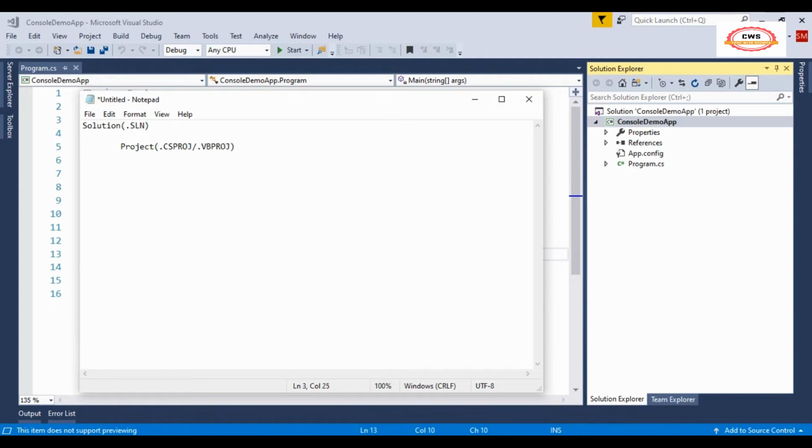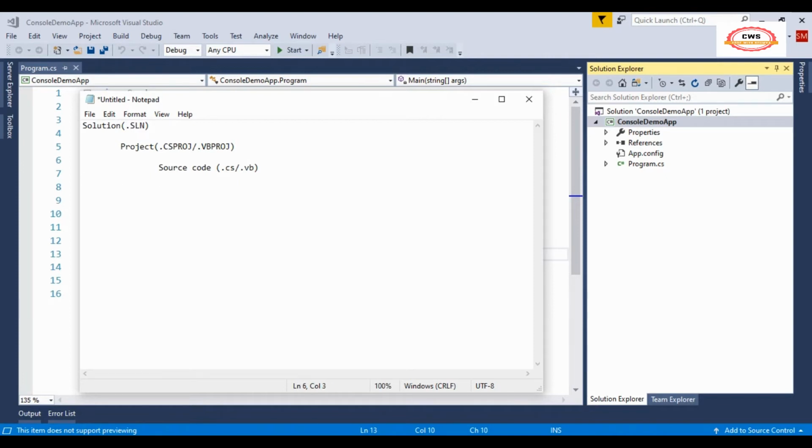Under the project you can have multiple files. What are those files? We can have the source code, which has the extension .cs, or if you are using VB language, then you can have .vb.